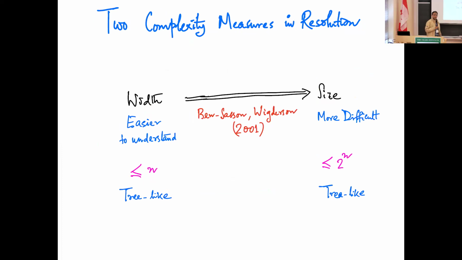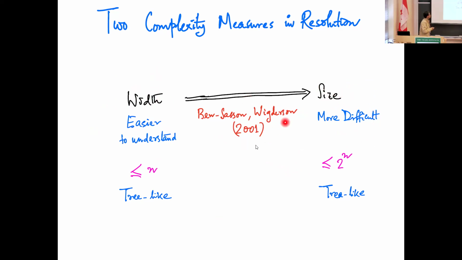The two fundamental complexity measures that are going to be relevant for us, because they were relevant for resolution, are width and size. A resolution proof is a sequence of clauses, and you look at the largest width that appears in any clause, where the width of a clause is just the number of literals that appear there. So the width is a very basic complexity measure. And then you have size, which is the number of clauses. This is much easier to deal with generally. Width is usually more difficult.